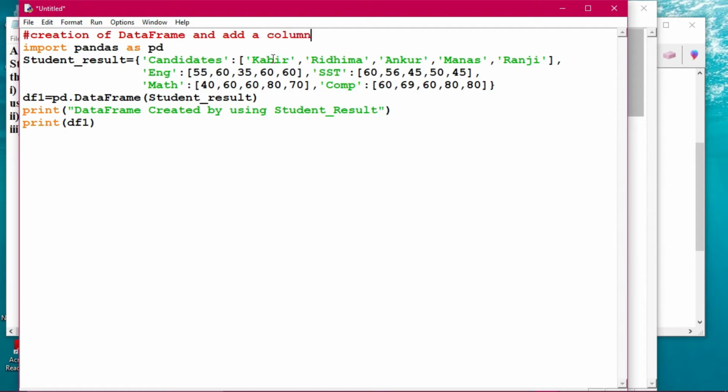So the column remark is not mandatory, but we are giving it for our own purpose. I told you also before. So print df1 up to here, fine. There is no problem. Now we have to add the column. So addition of column total. After this we will write. How will we write? Now we have to write the name of the data frame, so dictionary student_result. Student_result.